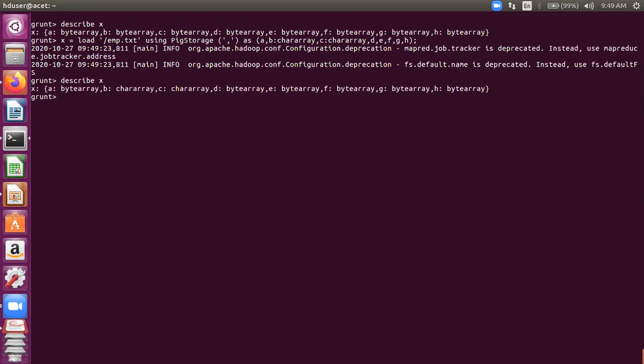Okay, so let's test, let's display all the names which end with, say, H. So for that we can write this filter, say A is equal to filter x by, our name is B. Okay, so we can use the function ENDSWITH, then B, and then we can write H here.